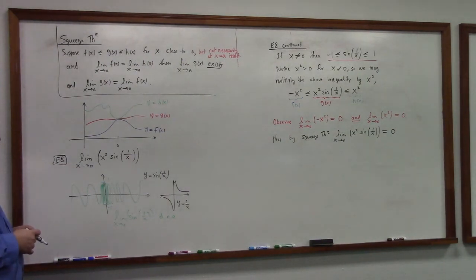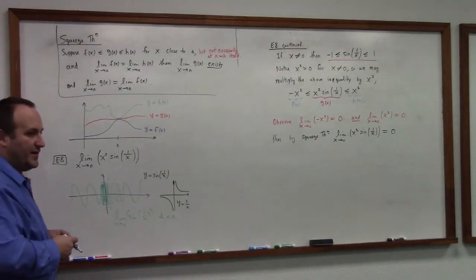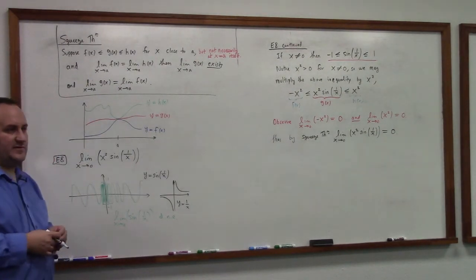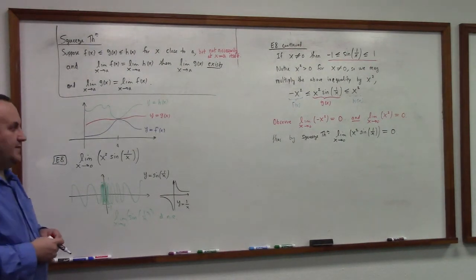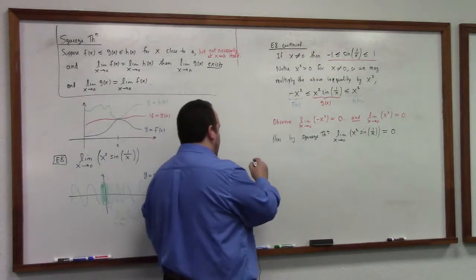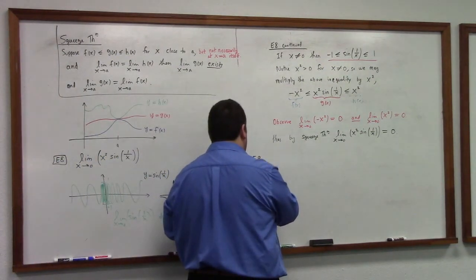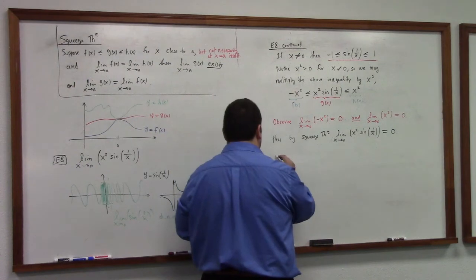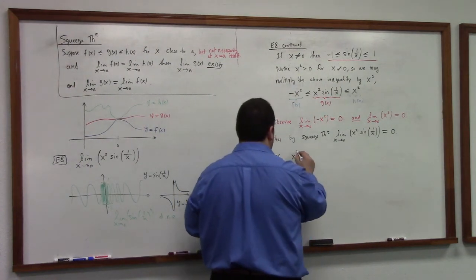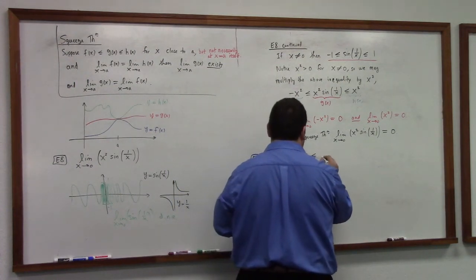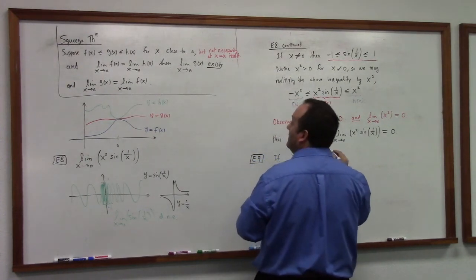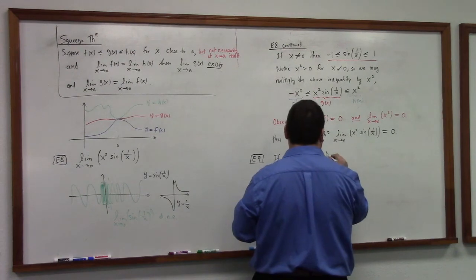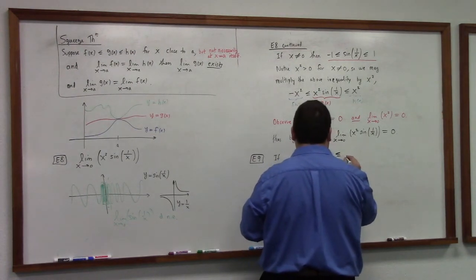So we tend to use the squeeze theorem if you have sine or cosine of like 1 over x, something like that. You should probably be thinking, yeah, this is a squeeze theorem problem. The other kind of problem that yells squeeze theorem is when you're given incomplete information. So like here's one. If x squared plus 7 is less than or equal to, well, I'll keep with my current lingo, g of x is less than or equal to